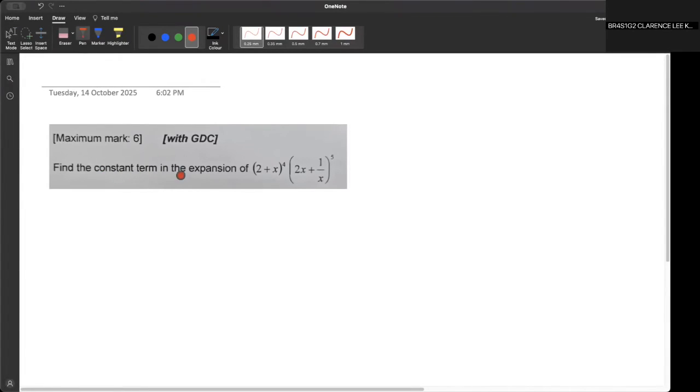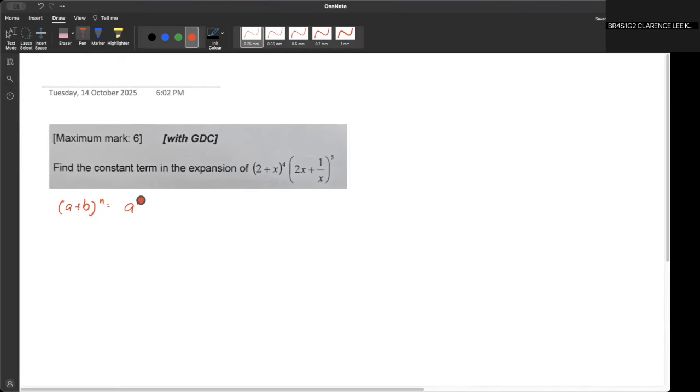Find the constant term in the expansion of this. So in order to do this, we need to do binomial expansion for the first bracket as well as the second bracket. So the formula that we are going to use is (a plus b) to the power of n,